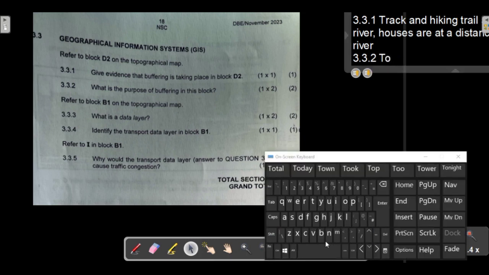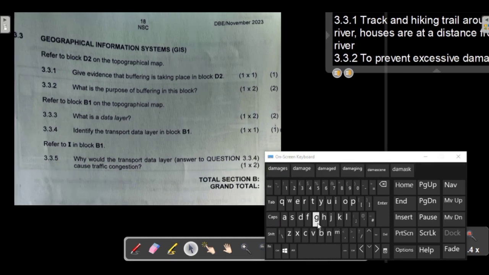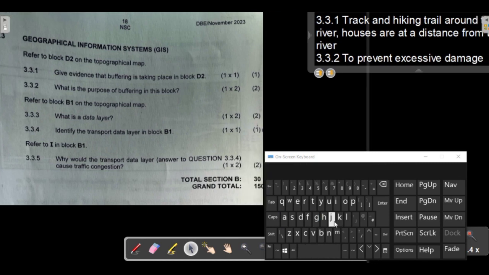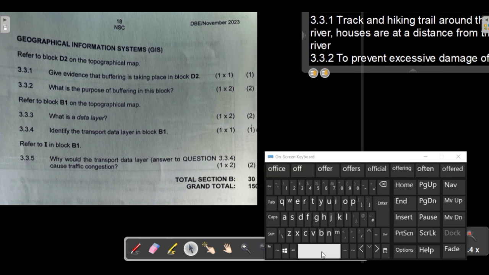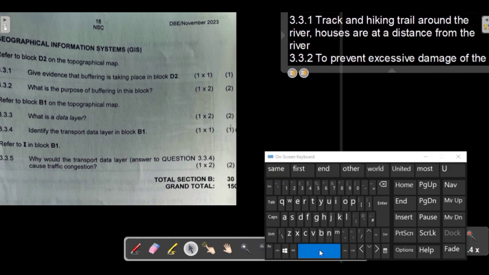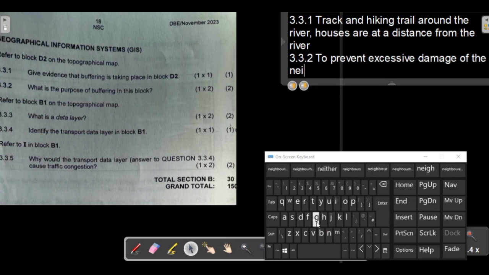This is to prevent, not to prevent flooding, but rather to prevent excessive damage of the residential area of the neighboring residential area,